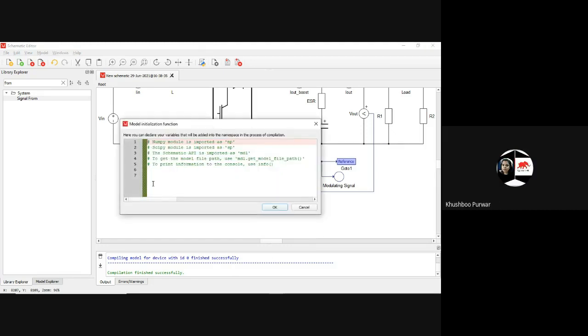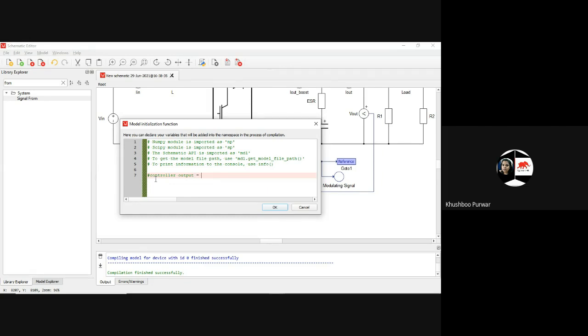Ma'am, like in model initialization, I'll tell you, hashtag controller output, just as an example, don't take it. What is the purpose of using the integrator along with the integral?